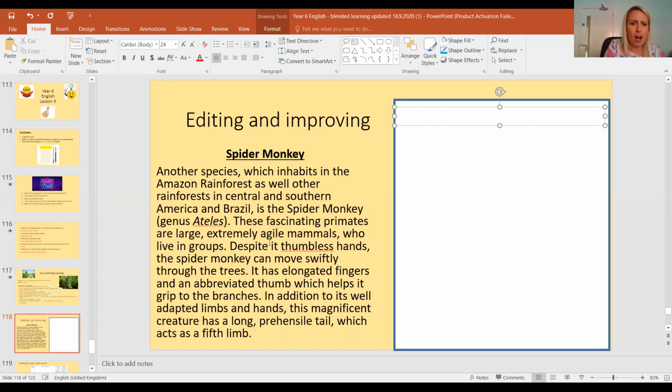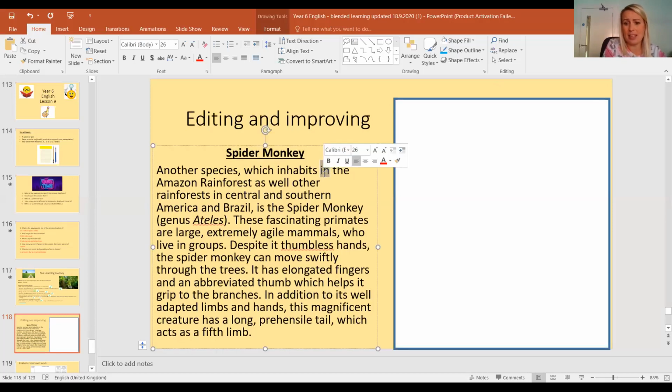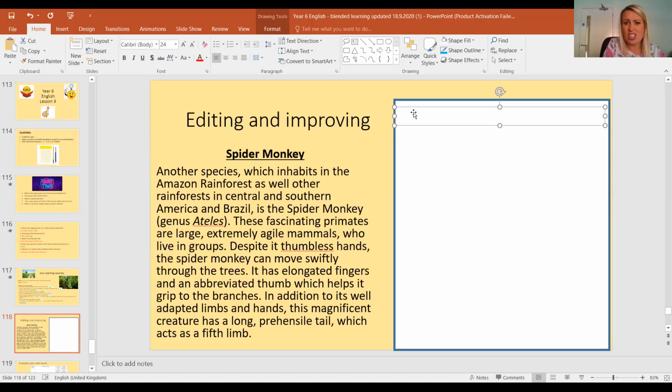Now, I've got here "which inhabits in." Well, inhabit means lives in, so I don't need the "in" here. I could delete that bit out. So I could either cross it out here, or actually I'm just going to rewrite over here, because for me it's much easier to redraft. You might like to cross out and write in above or below if you've got space. So I'm going to rewrite: another species